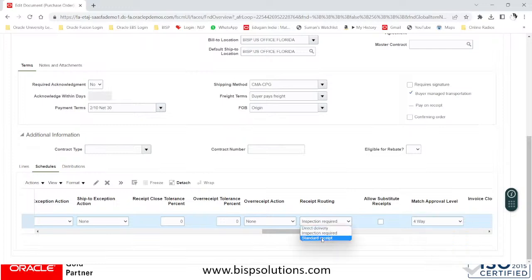If I select a standard receipt method, then it will be a 2-way or 3-way. As earlier we had discussed in the slide, what is 2-way method? In 2-way method, the invoice and purchase order is matched, and 3-way you match the invoice with the purchase order and the receipt, right? So that is the 3-way matching concept. And the 4-way matching, we match the invoice, purchase order, receipt and the inspection note, right? So that is the